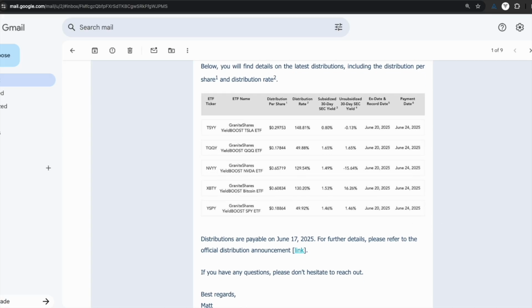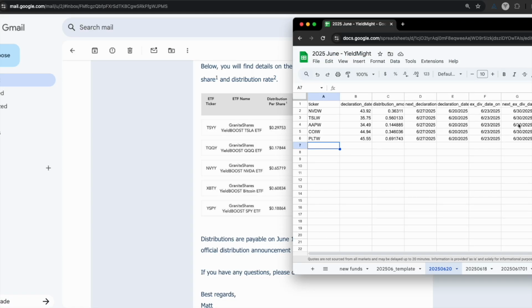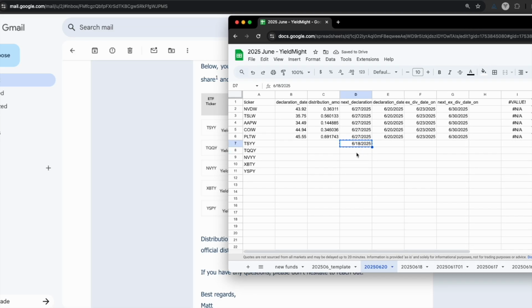So we're going to go back to the June 25 YieldMight and TSYY, TQQY, and NVYY, XBTY, YSPY. And so this will be on 6/18/2025, and we copy that down and put this over.